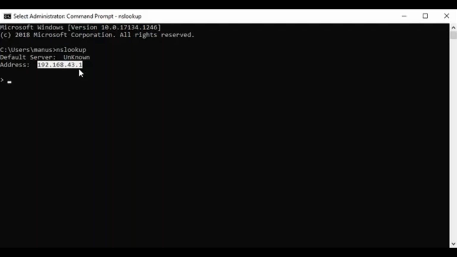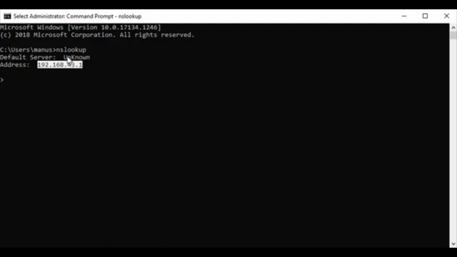And the name that you see here, unknown, is actually the name of this particular DNS server. Currently it is mentioned as unknown because the computer does a reverse lookup for this particular IP address, and the name that comes in the data field for that PTR record, or the PTR query, is displayed here.